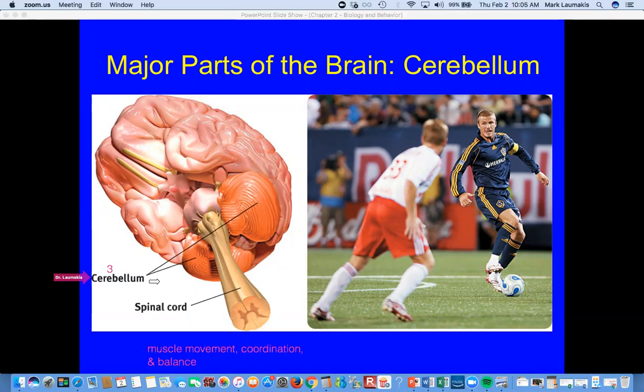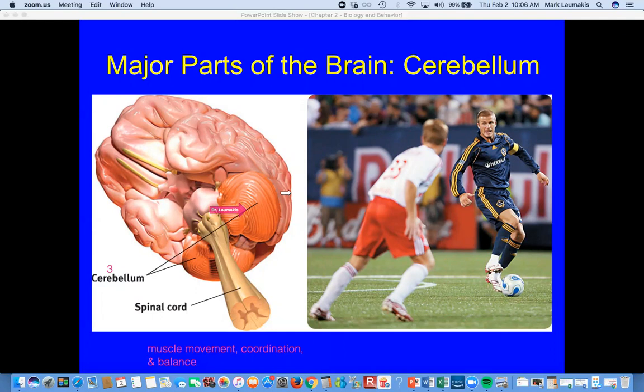And especially if you reek of alcohol, it doesn't take Sherlock Holmes to figure out that drinking is probably what's responsible for the fact that you're stumbling around, right? So if you've ever seen people stumbling around or falling down after drinking alcohol, it's because their cerebellar functioning has been screwed up by the alcohol intake, okay? Any questions about the cerebellum?